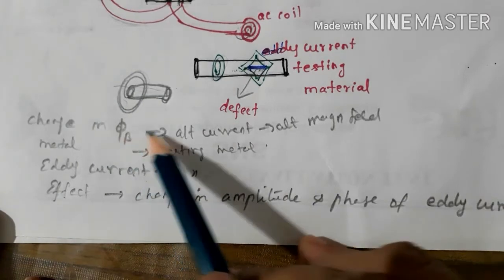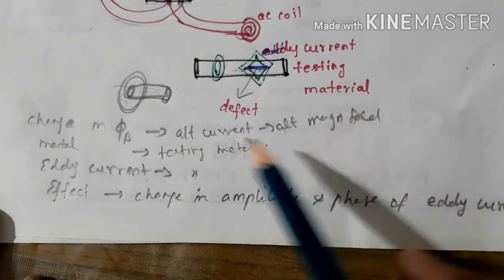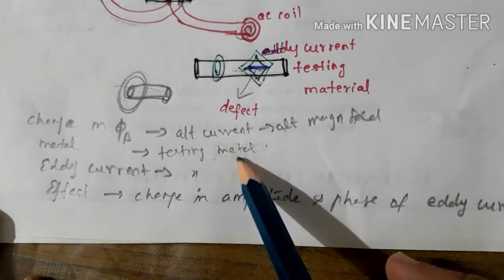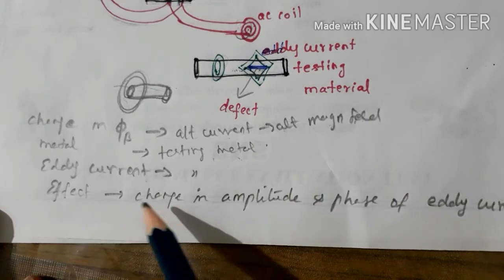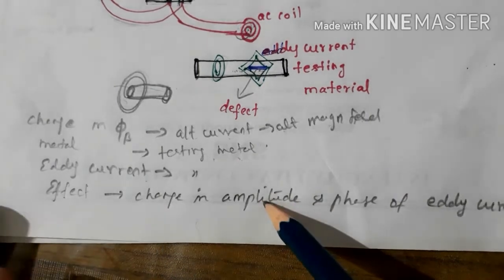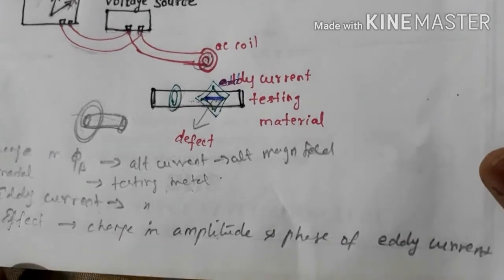Change in magnetic flux is produced by the alternating current, and hence you get the alternating magnetic field. The metal is the testing metal surface. Eddy current is also produced on the metal surface. What effect do you observe? The eddy current amplitude will change, and the phase of the eddy current will also change. And the last application is